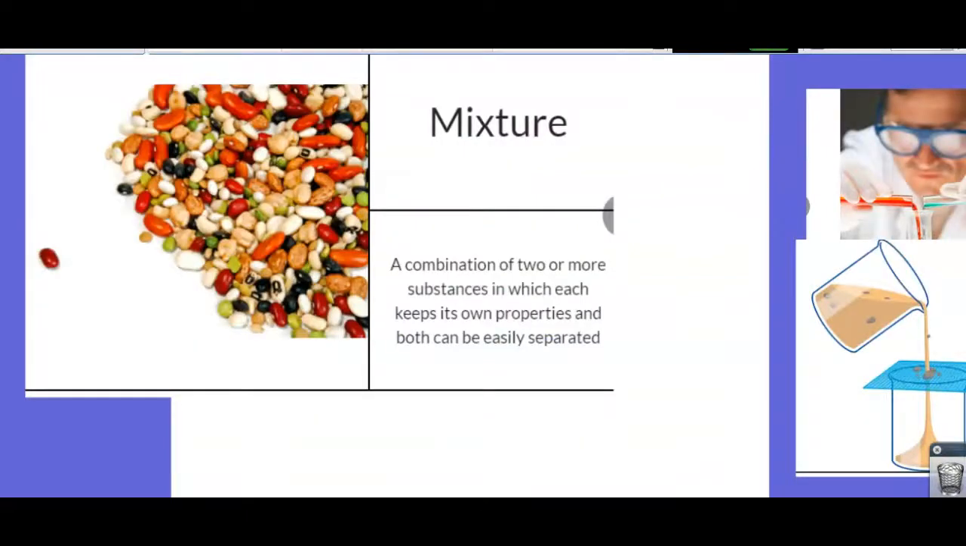And we came up with that a mixture is a combination of two or more substances in which each keeps its own properties and can be easily separated. So we combine different substances, and it has to be at least two or more. I had the students come up with a bunch of different mixtures after they wrote this, because you need to write this in the last place that you wrote in your science journal,